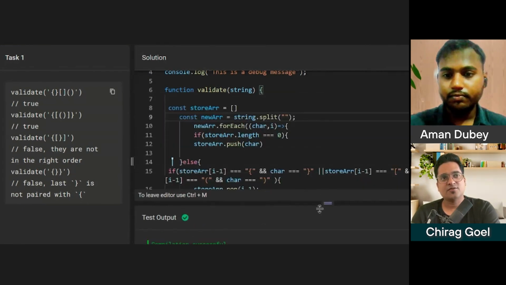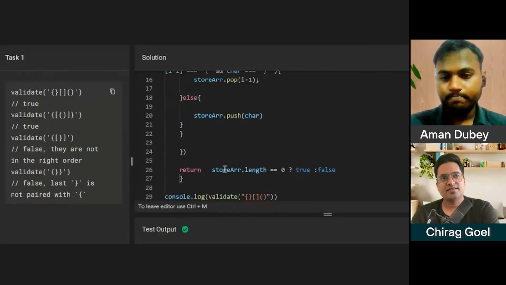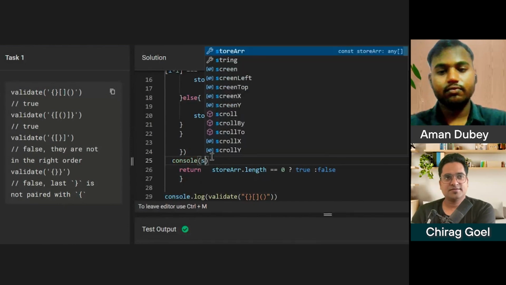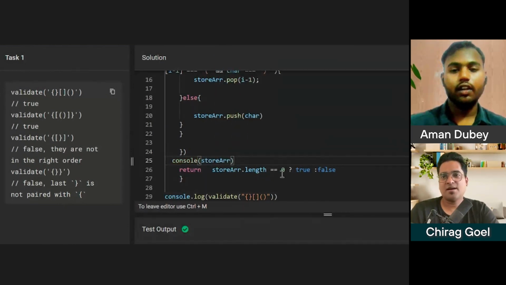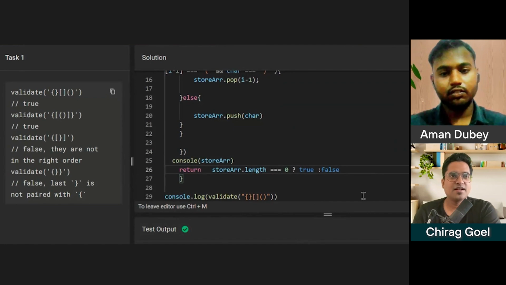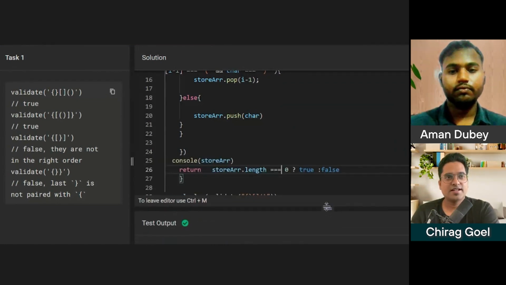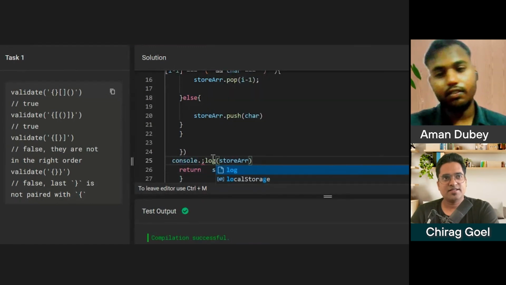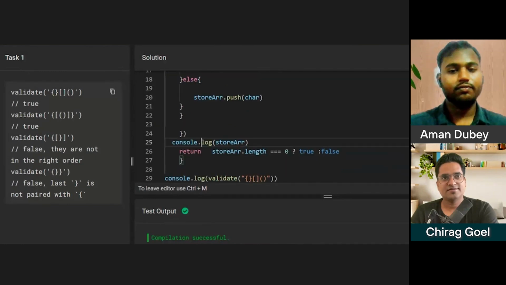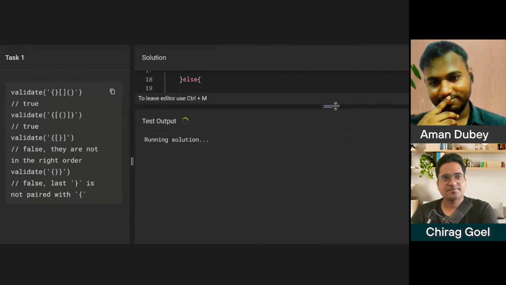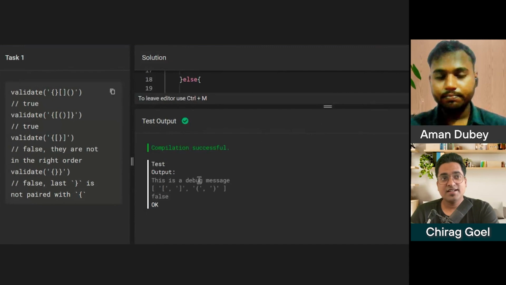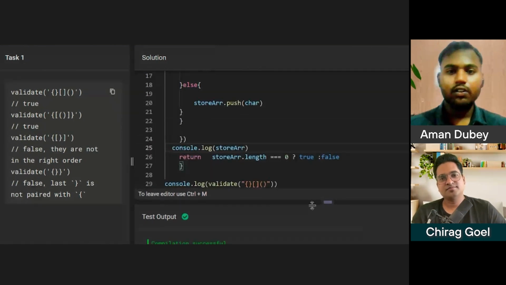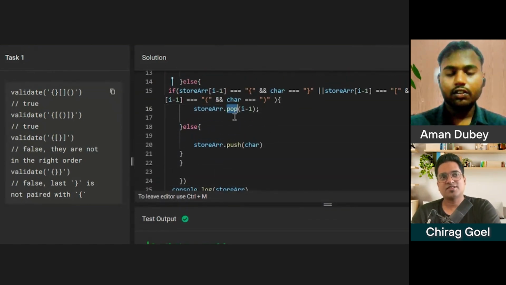Okay, so before returning, let's see why it is giving an error. So we'll implement more of this problem statement and then add this console.log. Let's write it syntactically correct. Oh, no worries, that happens. So you see, it actually keeps on pushing. It is not doing a pop. So syntactically, you are doing a pop.